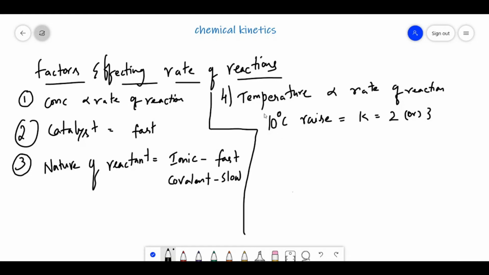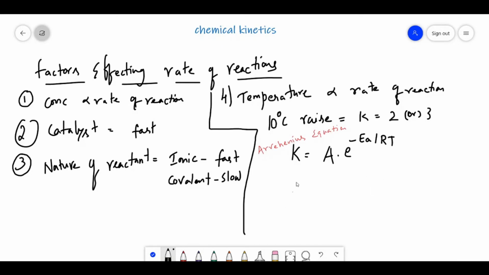And next, Arrhenius related temperature and the specific rate K with an equation, that is K is equal to A, which is nothing but the Arrhenius constant, e to the power of minus Ea by RT. So this is an important formula given by the scientist Arrhenius. If they ask for the Arrhenius equation, you can write this equation. But in the objectives, he will not ask these simple questions. He will give problems on this Arrhenius equation.